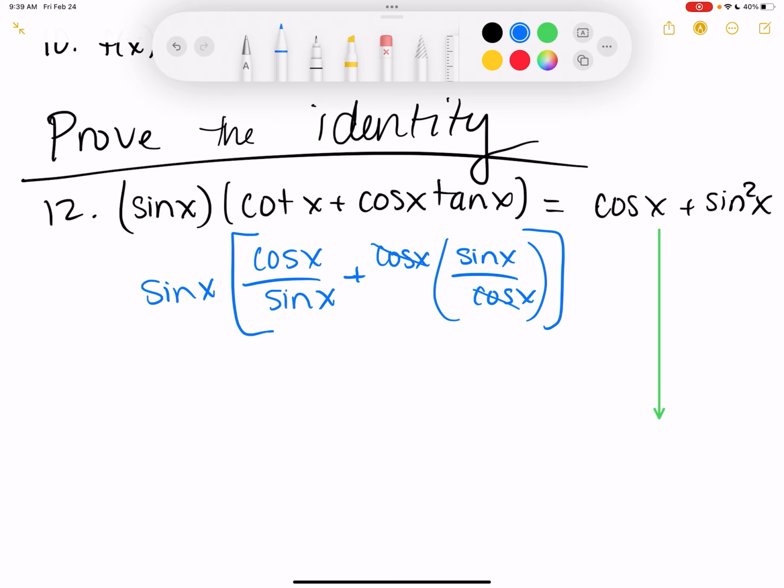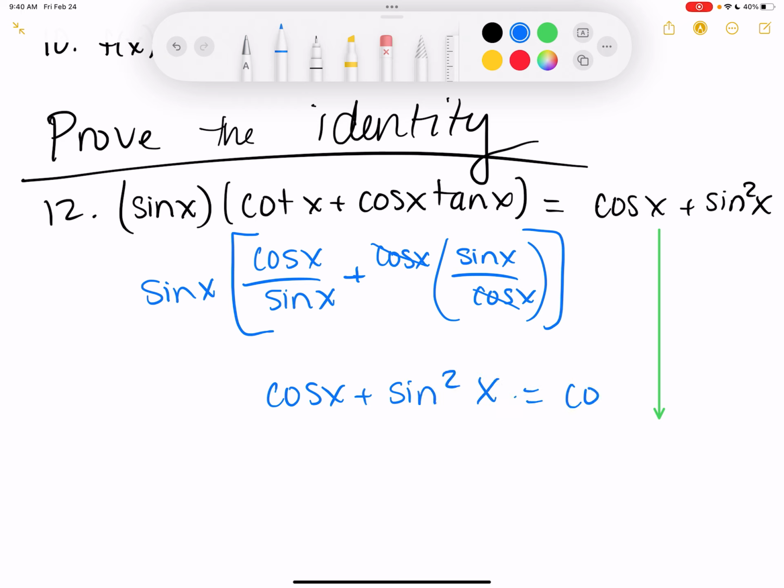Actually, no. What would be your general next step with this being out front? Multiply. So sine times cosine over sine would be cosine. Sine times sine, sine squared. So cosine x plus sine squared of x is equal